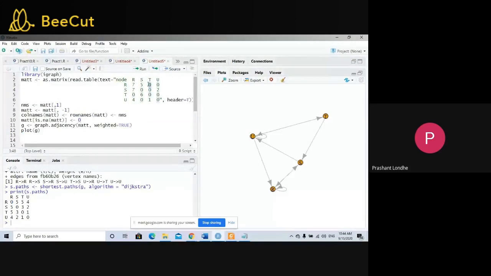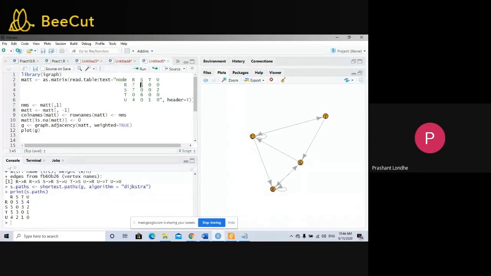Now just check over here. The value, we don't have any edge between R and T. But according to this concept, we have the path between R and T, and the path is equal to 5. Now let us find out that particular path, so you will get the idea. Now just see here. This is the directed graph. Now we will find out.